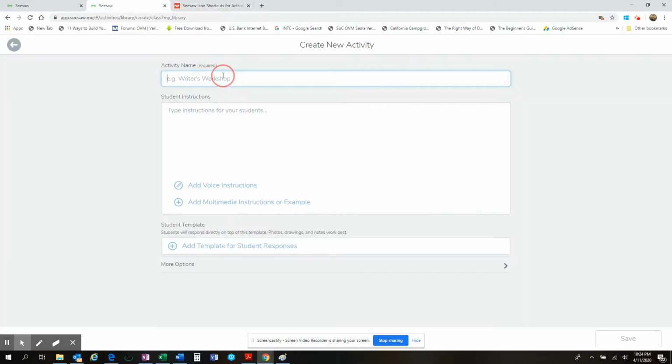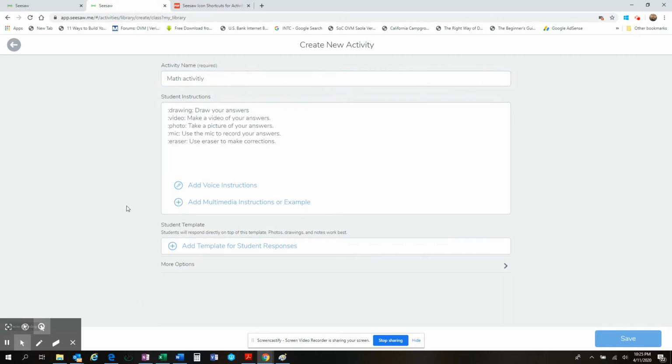Okay, so let's go back and take a look at assigning a sheet. What we're going to do is give it a name and we'll call it a math activity. And you go to the special instructions. As we looked at the shortcuts, it's important here in the instructions. What I did is I gave the students drawing capabilities. I gave them the capability to add a video, a photo, or use the mic to record their answers, and then also the option to use the eraser just in case